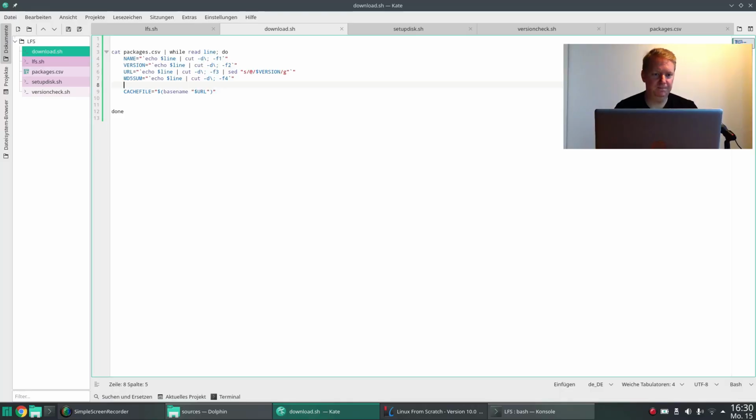Okay, so basename just gives us the last part of this URL string when you cut everything at forward slashes. Okay, so let's just for testing